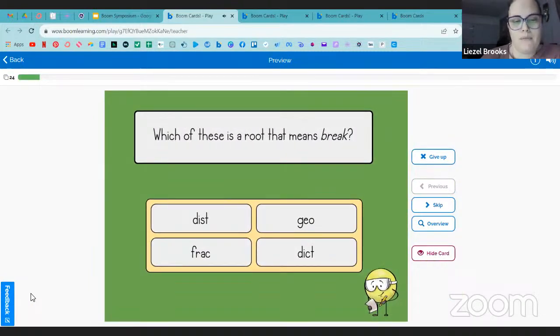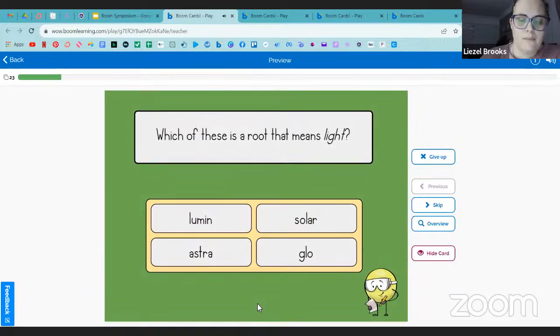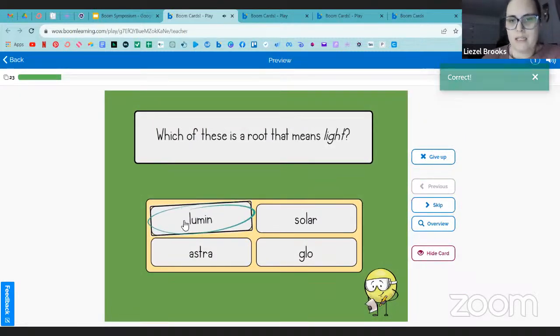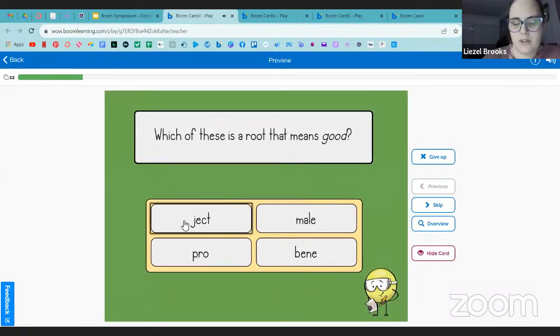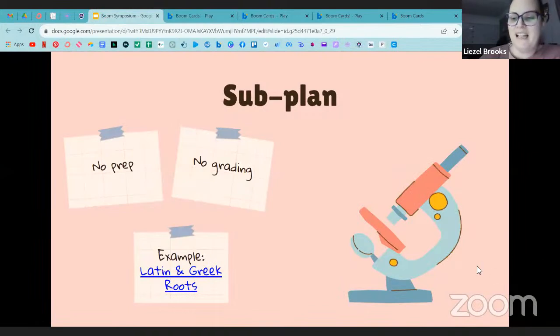And then I have like color by numbers that are similar to this. So when they're done with the boom cards, they can move on to that, just to reinforce that. So they do enjoy these, and it sometimes takes them quite a bit of time to actually figure these out. Sometimes they have to go and do some research, and then they would redo the decks to try and increase their speed, get a higher score. And like I said, it becomes very, very competitive at times. It's quite entertaining to watch.